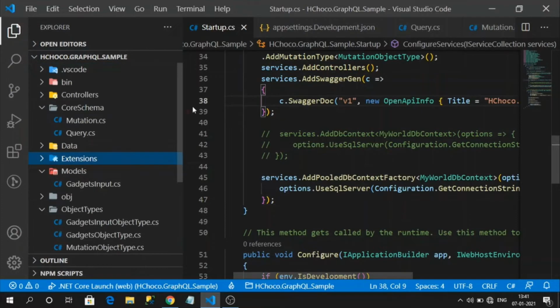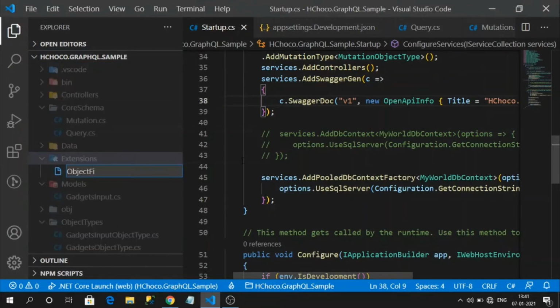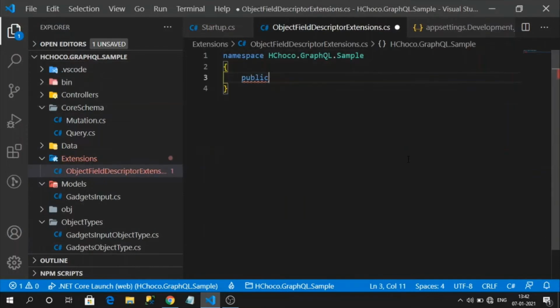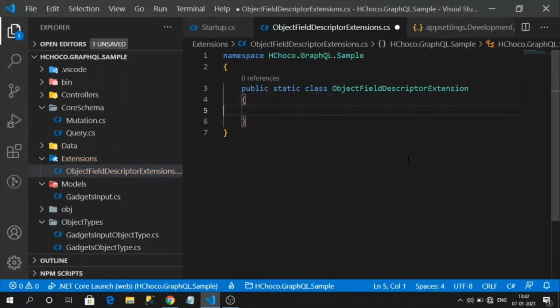So, extensions, ObjectFieldDescriptorExtensions.cs. Why is the name like this? I am going to explain here. It is a static class. Okay, this is my class. So in this static class, I want to define an extension method for my